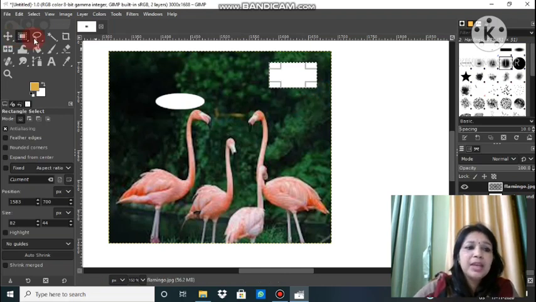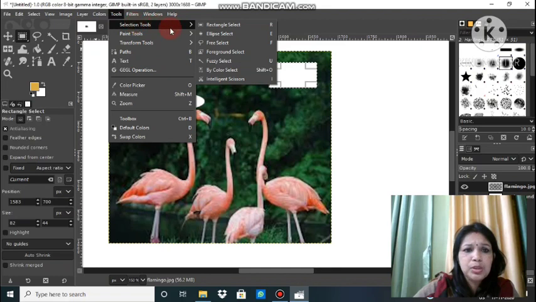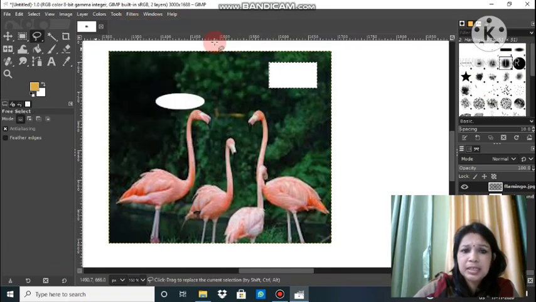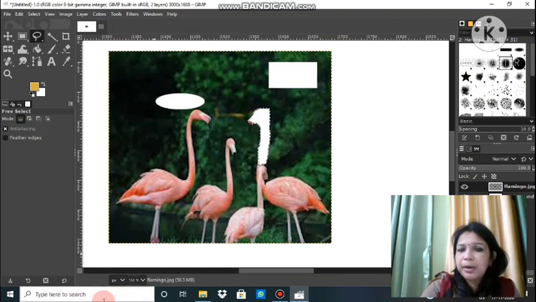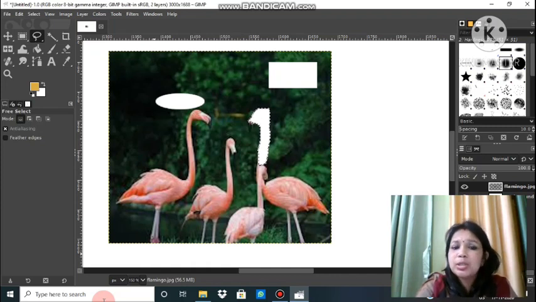Okay, in the same way we have the lasso tool, meaning free select. You can use it from here also, and it is available in Tools. The selection tools option is there. Click on free select, and then you can draw a freehand selection. Remember, the starting and end point must join together. You can see this yellow dot, it means they are both joined together. Leave it, press delete, that part will get deleted. So freehand selection is also there, and shapes like rectangle and elliptical selection are also available.